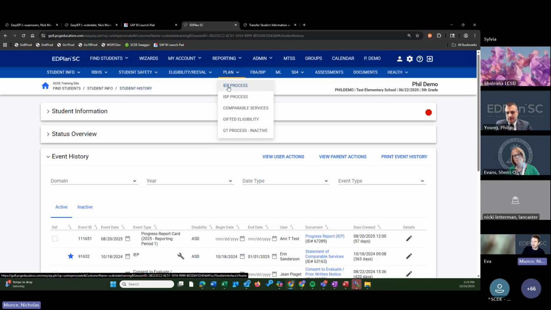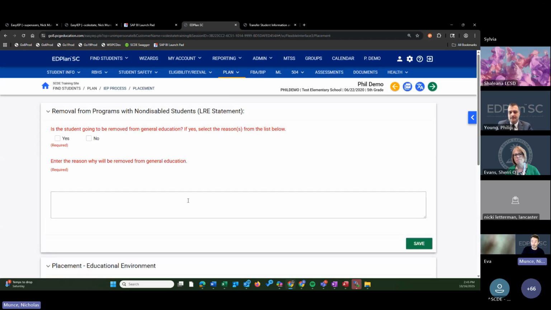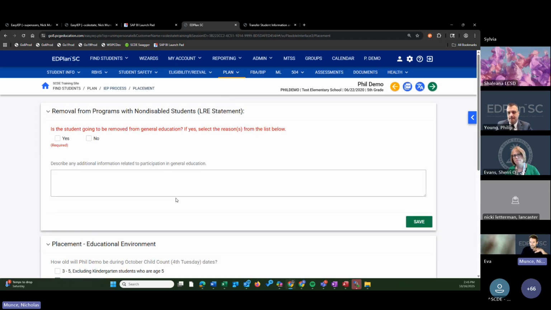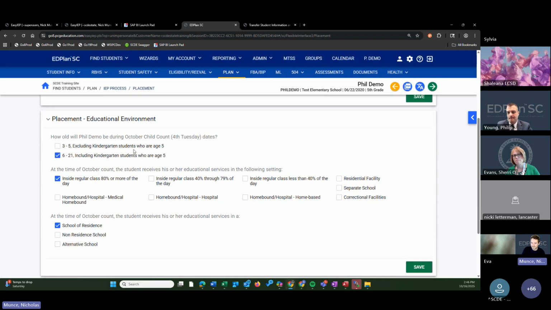Step two is to go inside of the IEP process and make that selection. So you don't need to refinalize the entire IEP. You just need to come to this section, if it was done via edit key dates, and make those choices. I made these choices just about 2 minutes ago. That's why they're still there. I'm saying the student is 80% or more.